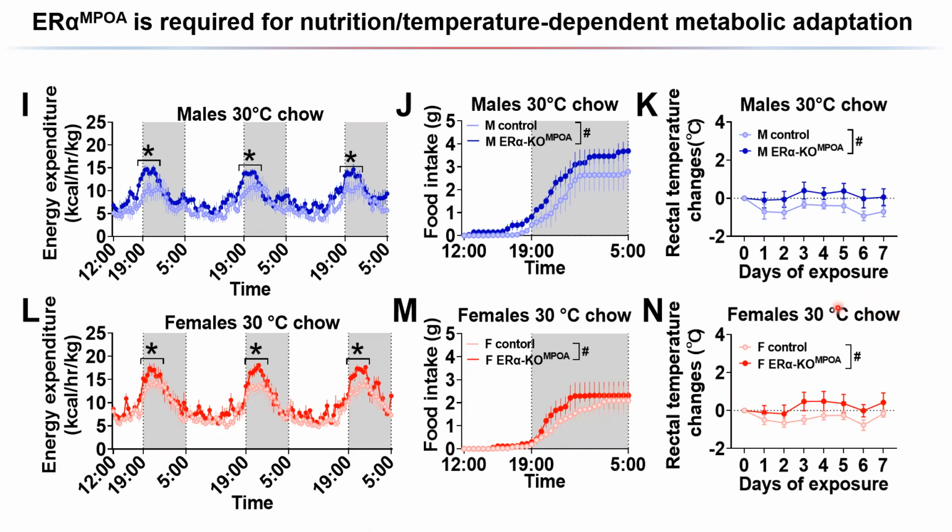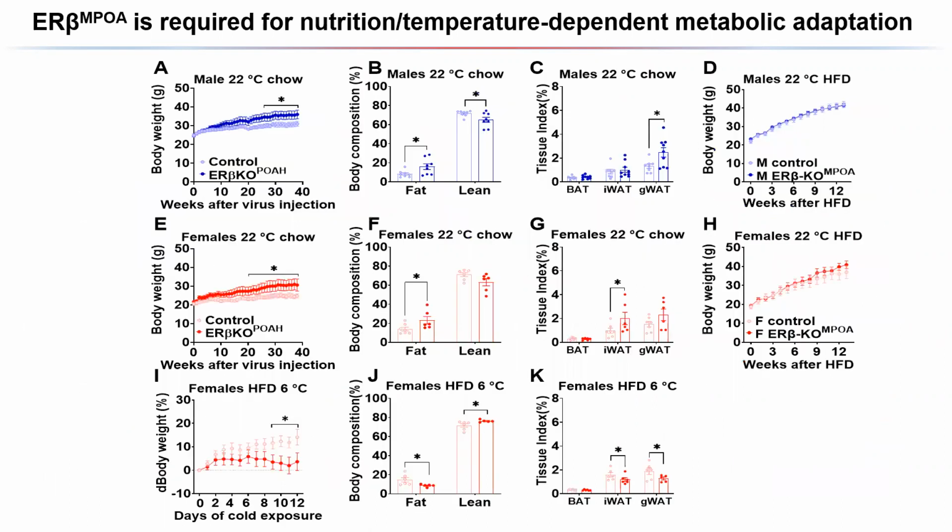So these metabolic phenotypes are consistent with the observation that estrogen activates the vPOA neurons through the ERα. Similarly, we inject the AAV-CMV GFP or the AAV-Cre GFP into the MPOA of the ERβ flox mice to specifically knock out the ERβ in the POH. And we find that the